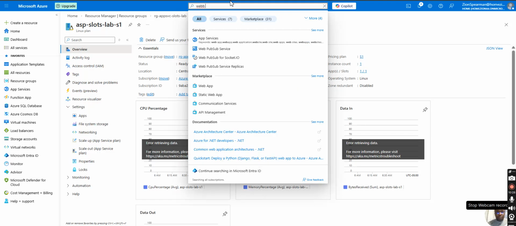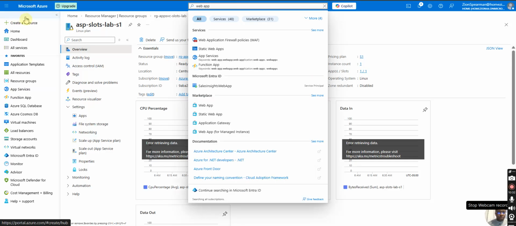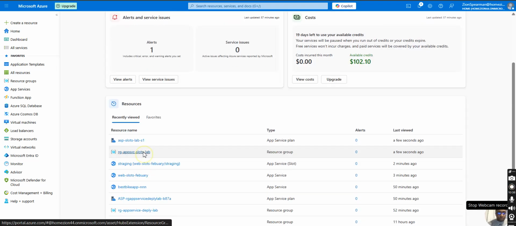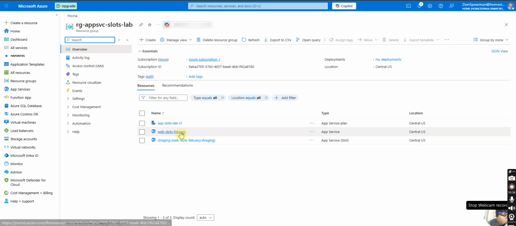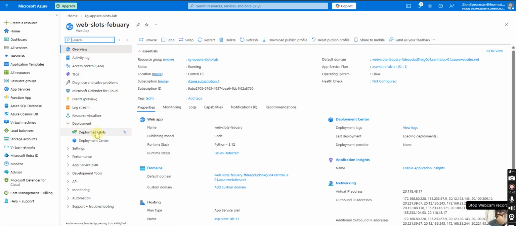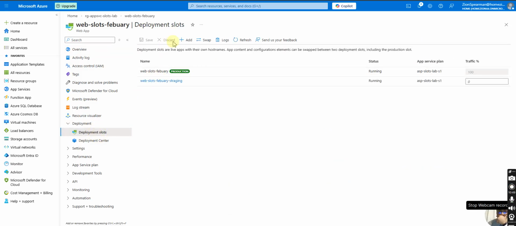Easier way, it's just over here. Okay, we go to web apps over here, and then we're going to go to deployment slots,